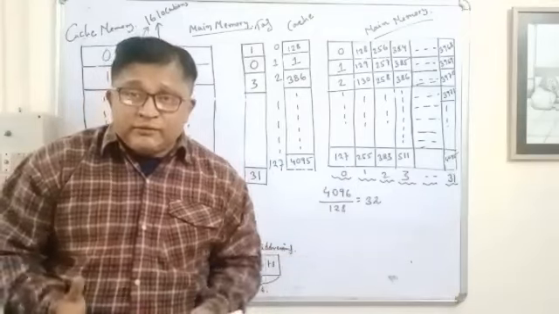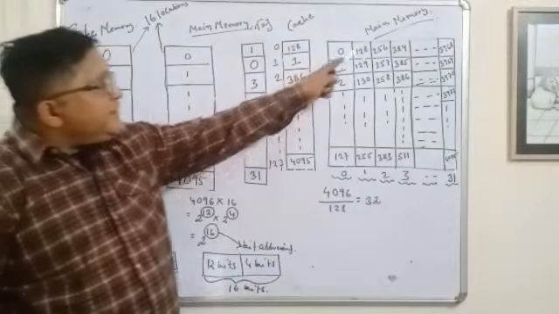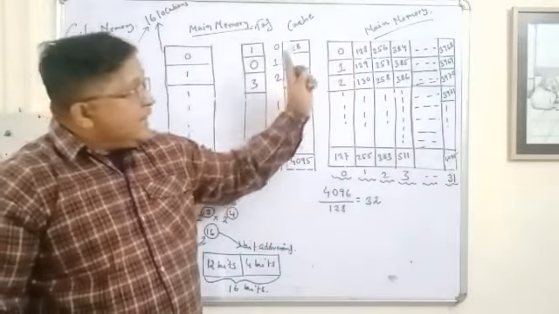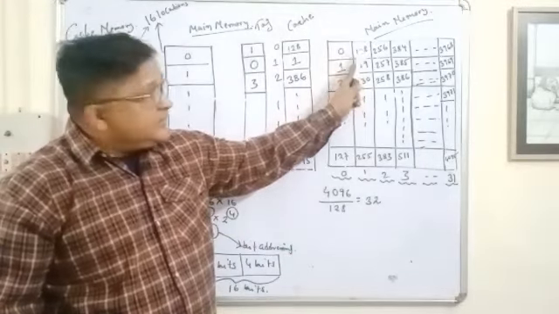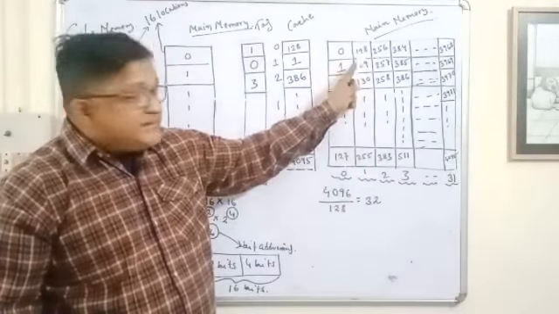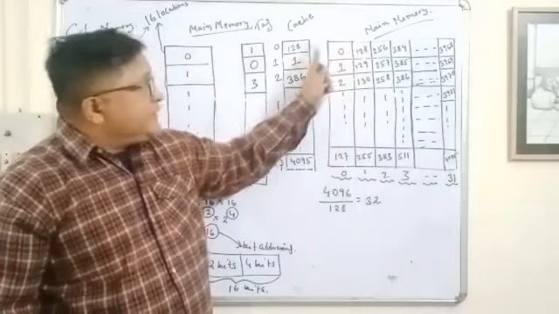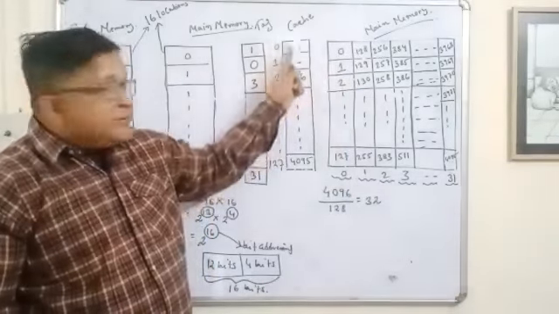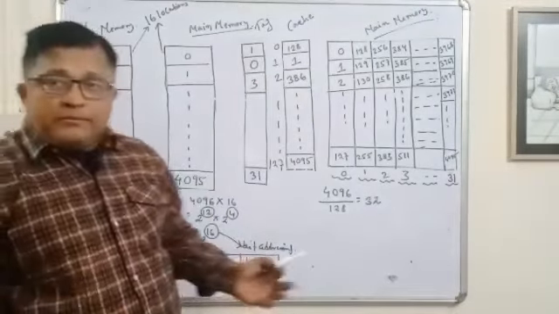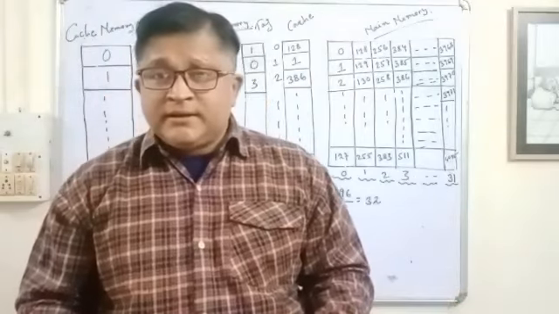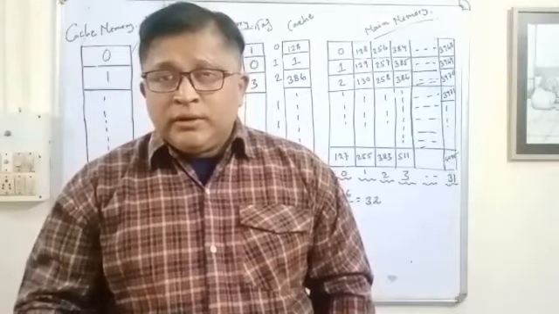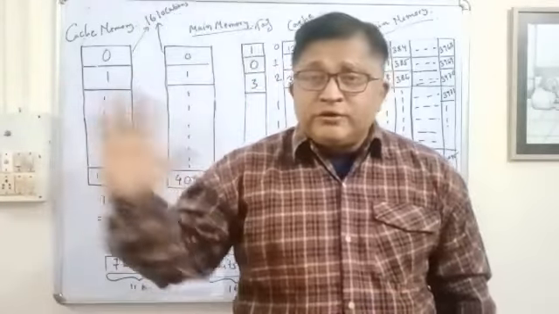Now how is the mapping carried out? Any page in the main memory belongs to a certain block. Any single page in a certain block can be mapped to, that is, loaded into, a frame of the cache memory. Okay. Now in direct mapping, the main aspect is that by looking at the page in the main memory, one can easily conclude to which frame of the cache memory it is going to be loaded.